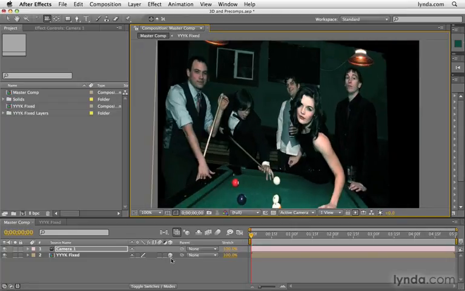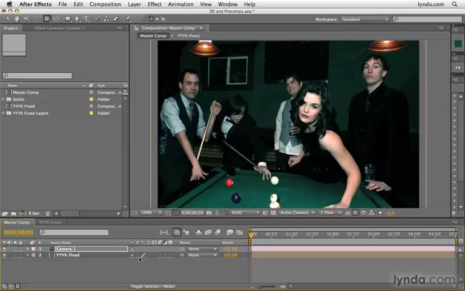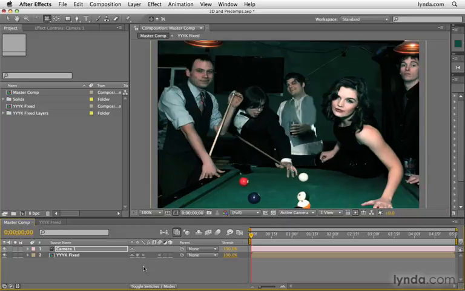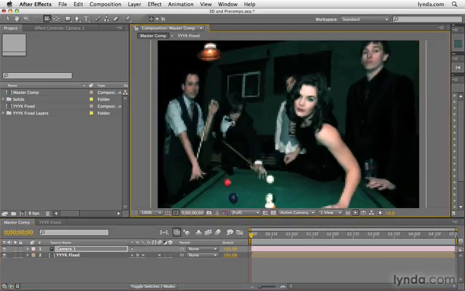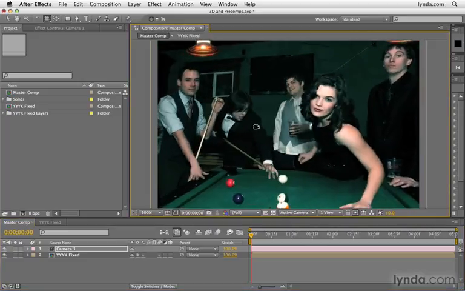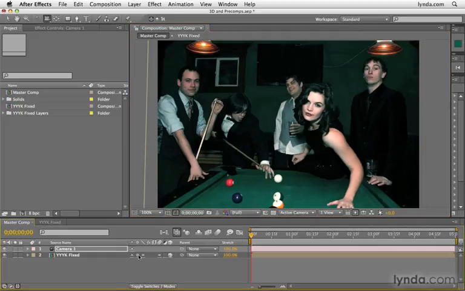Well, what we've got to do is deselect the 3D layer and select this option, the Collapse Transformations button right underneath this star here. Click that, and then we'll be able to access the 3D attributes from the pre-comp in this composition. Now, here's another sweet trick. If we turn this into a 3D layer, so we have both Collapse Transformations and the 3D layer,